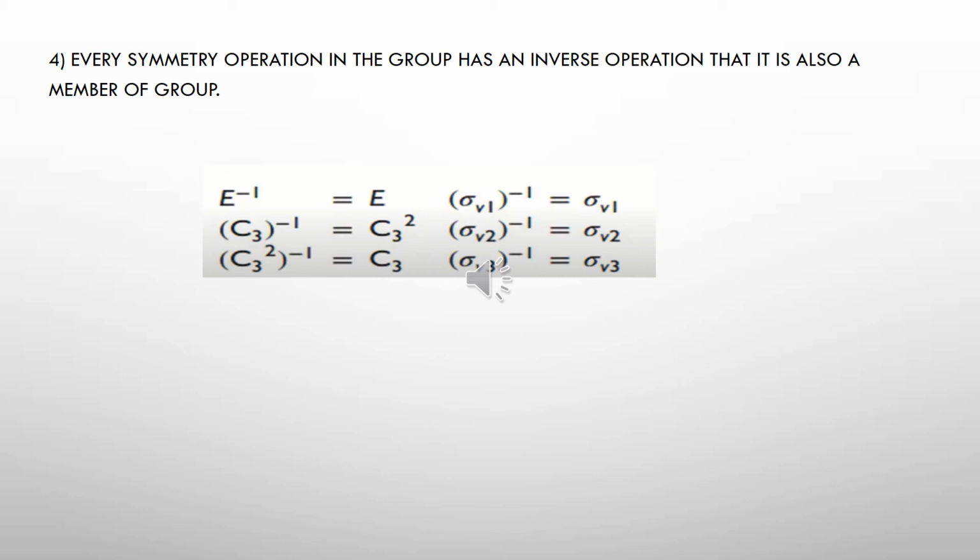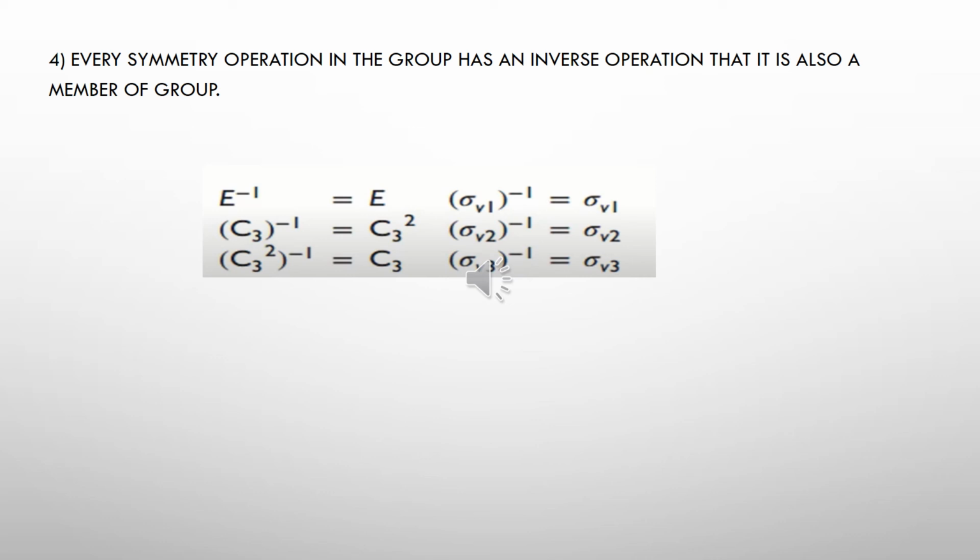The mathematical inverse of an operation is its reciprocal, such as the symbol A inverse represents the inverse of operation A. So the inverse of a proper rotation Cn, counterclockwise, will always be the symmetry operation equivalent to Cn rotation in the opposite direction, which is clockwise. So no two operations in a group can have the same inverse. The list of inverses of symmetry operations in ammonia is shown in the diagram.